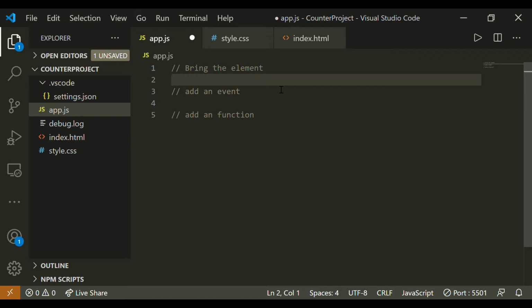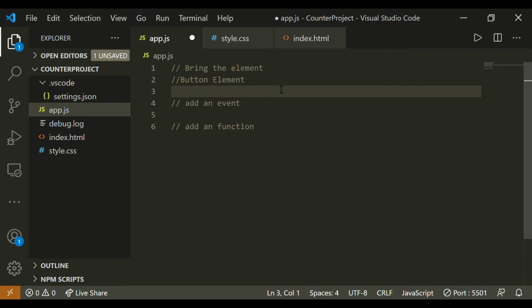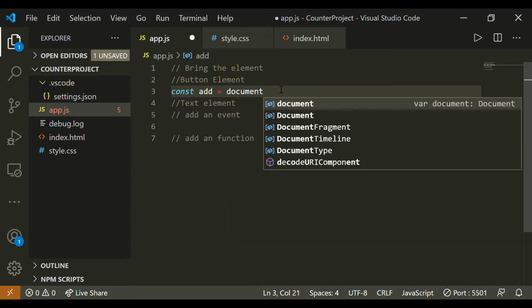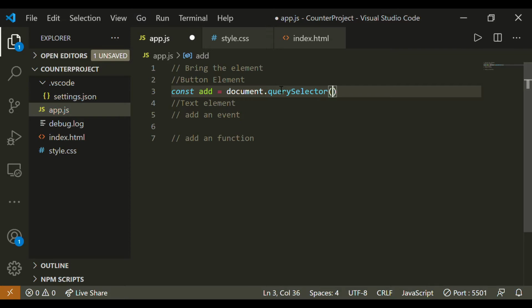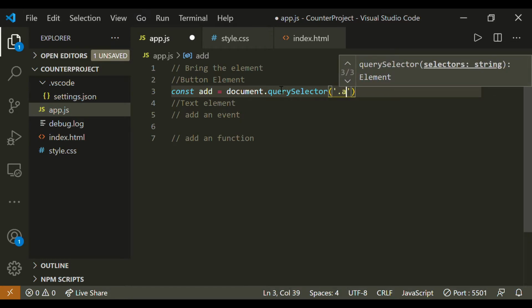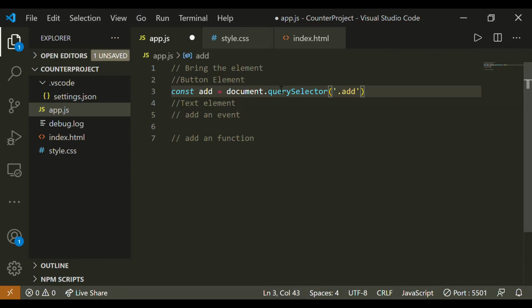We want to bring two types of element. First is button element, on which we will be calling the events, and the second one is the text element that we want to change. Okay, so button elements will be like const add is equal to document.querySelector, and since we have given class name add to our add button, we can bring that button by .add.